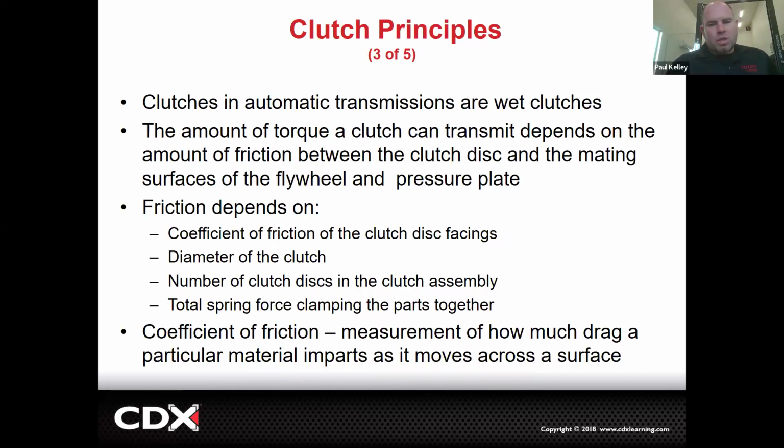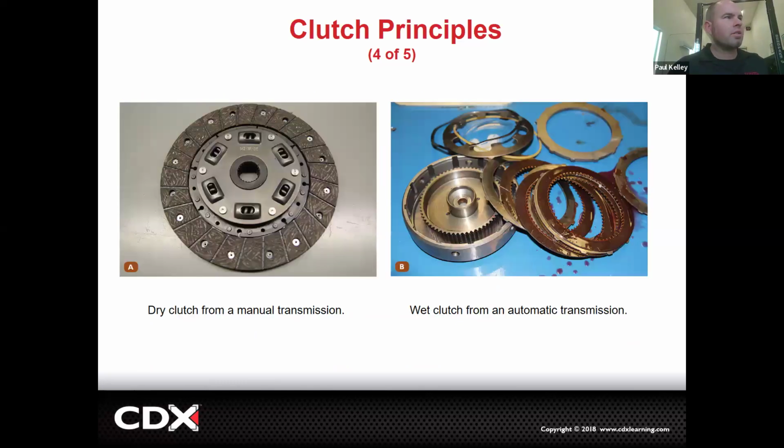And then just to make sure you understand, in an automatic, remember we talked a lot about clutches. They're wet clutches. So in a manual, we're talking about a dry clutch, exposed to air, living in the bell housing. Similar materials, but one's dry, one's wet, probably a little bit different material. A lot of times the way that we're applying and releasing an automatic would be with hydraulics, whereas with a dry clutch, the clutch we're talking about, that's going to be by pedal. But there are some vehicles that use this type of a dry clutch right here